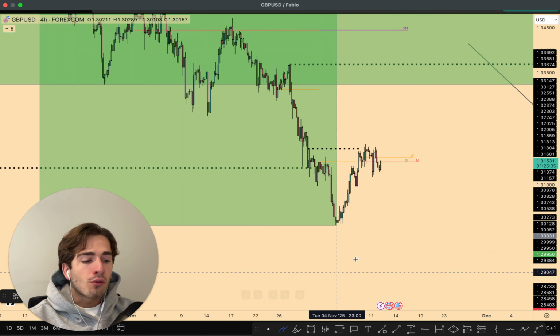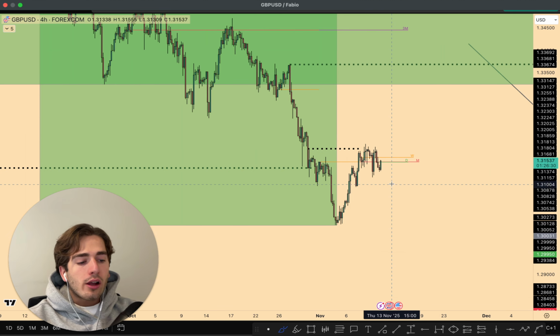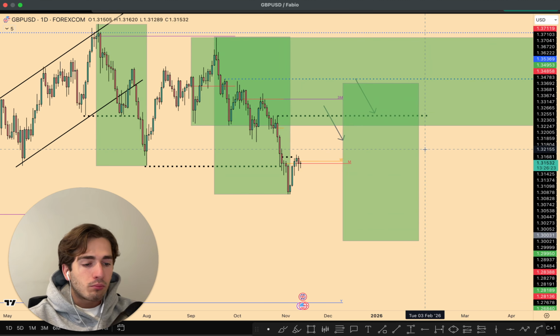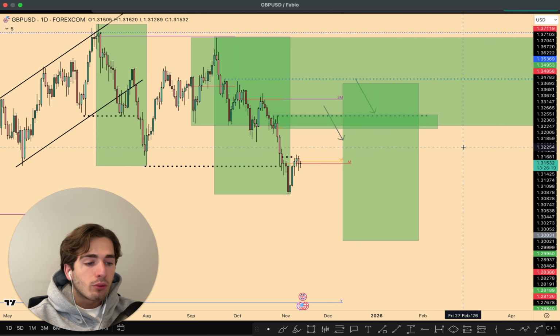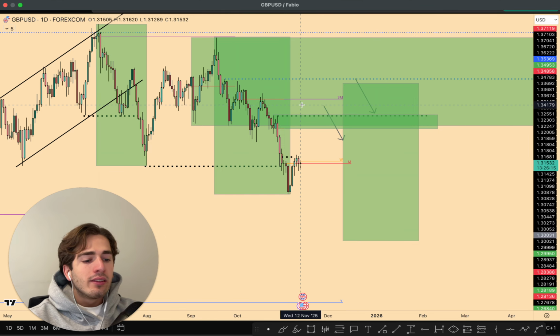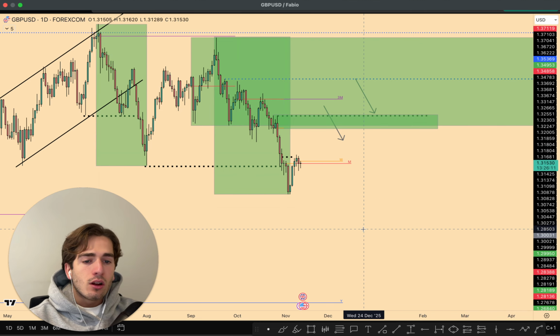I'll be waiting for the confirmation, and when that dollar confirmation comes, then I'll be happy to look for a short for GBPUSD. Otherwise, if the dollar heads down lower, then we'll still see some further upside on GBPUSD potentially, where we still have, for example, a daily supply zone over here that is open, or we have the 3 monthly level, or we have a swing high over here. These are all levels from where I would more preferably be looking for shorts than over here, which is still